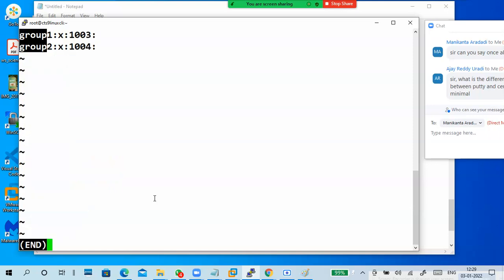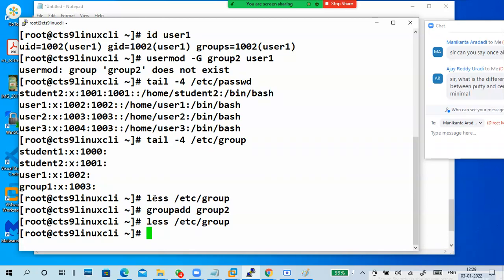Okay, group1, group2 added. Confirm the group is added. Now you add a user to the group as a supplementary group. The group2 is a secondary group for user1. Added. Now id user1.